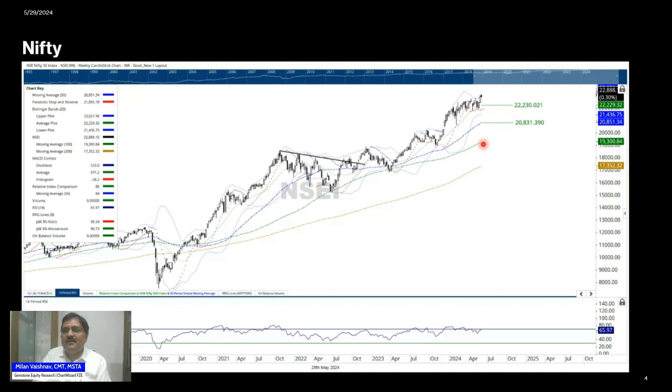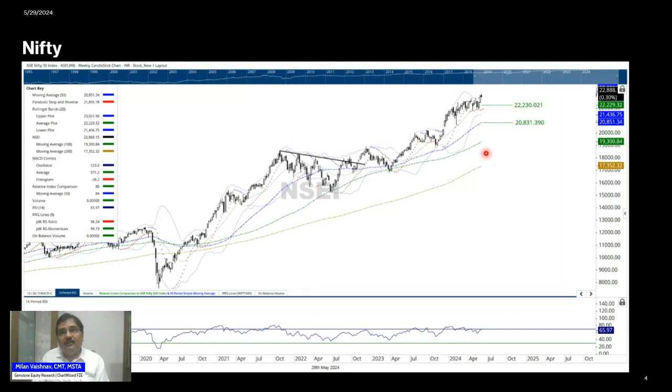So this minor correction, I will not even call it a correction. Such retracement happens even during a primary bull run. So the minor retracement can take the index lower by almost 700 points from the current levels. If you round off the Nifty closing to 22,900 and round off the 20-week moving average to 22,200 levels, then a 700-point retracement is possible, even if the current uptrend